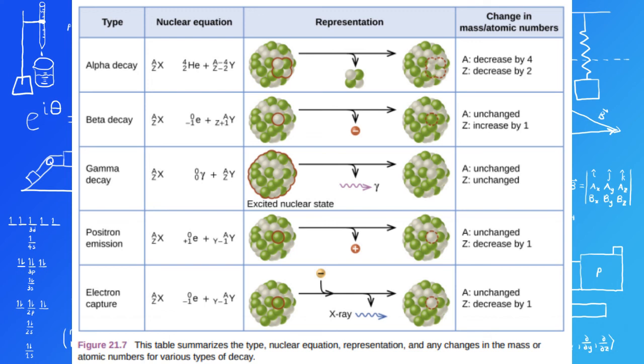But yeah, alpha decay, that's when an alpha particle is ejected out of the nucleus and comes out as one of the products. Beta decay is when a beta particle, in other words, an electron, comes out of the nucleus. Gamma decay is when you eject gamma radiation, and so on and so forth. Pretty simple, straightforward. Electron capture is that last row. That's where a beta particle is absorbed by the nucleus. So I don't know what they're doing there